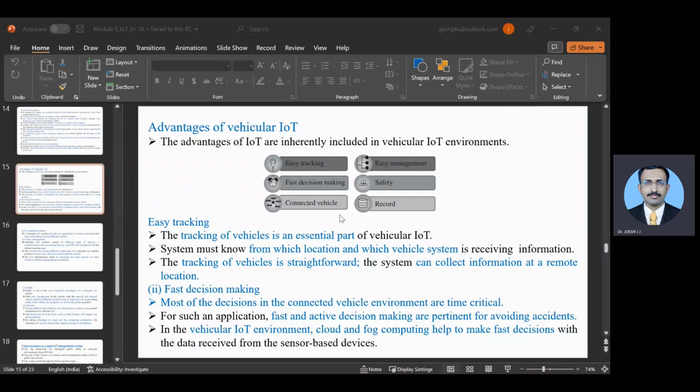What is the first one? The vehicle is equipped with a smart surveillance system which is capable of video processing and detecting crime activities in real time. I think you might have seen many YouTube videos where some people violate the traffic rules, then a helicopter comes, all the police vehicles track them, and finally they track those vehicles.